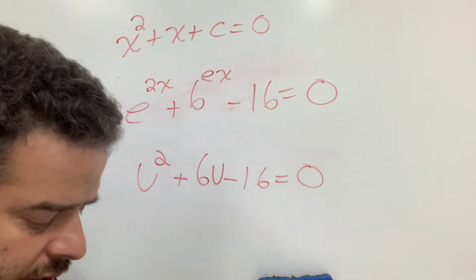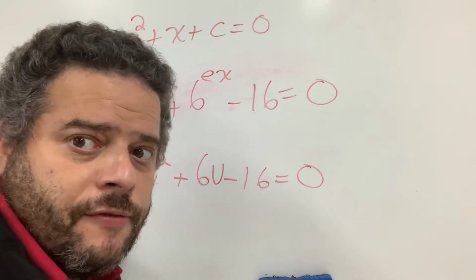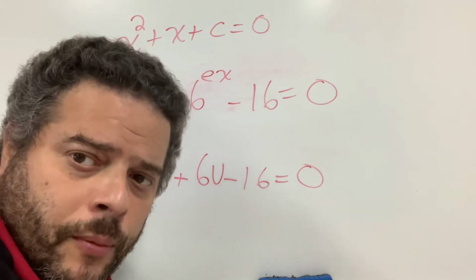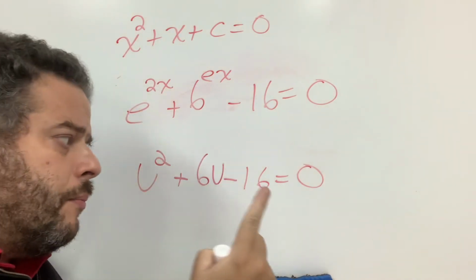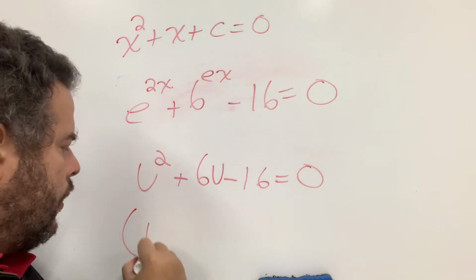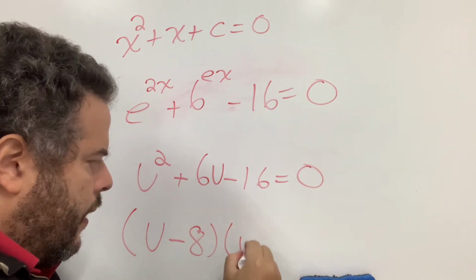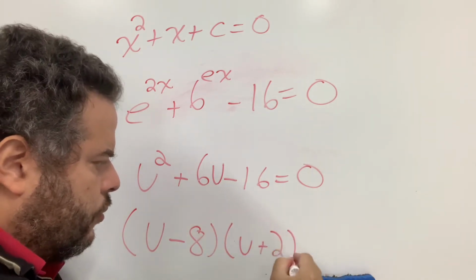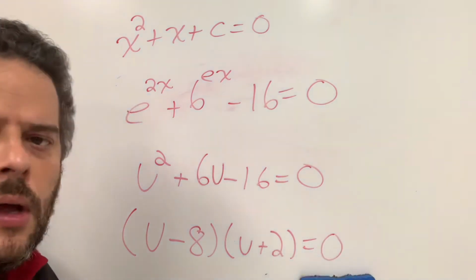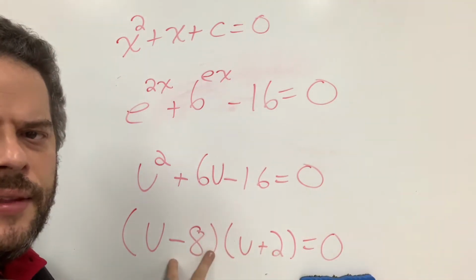Now you're gonna factor these as a standard quadratic. Just factor them as you would factor a normal quadratic. Two numbers that multiplied give you this and added give you this. u minus 8 and u plus 2 equals 0. I multiply these two numbers, I get negative 16. I add these two numbers,